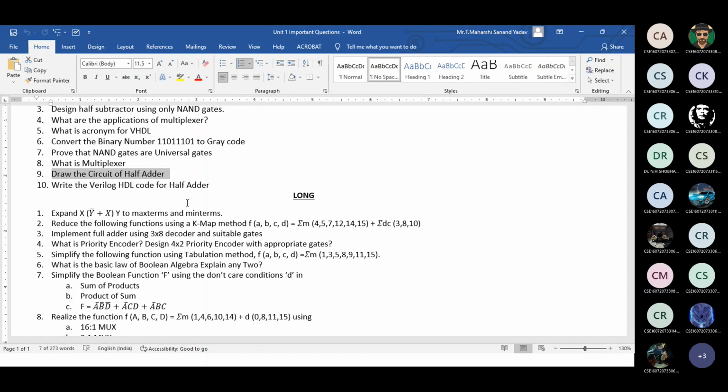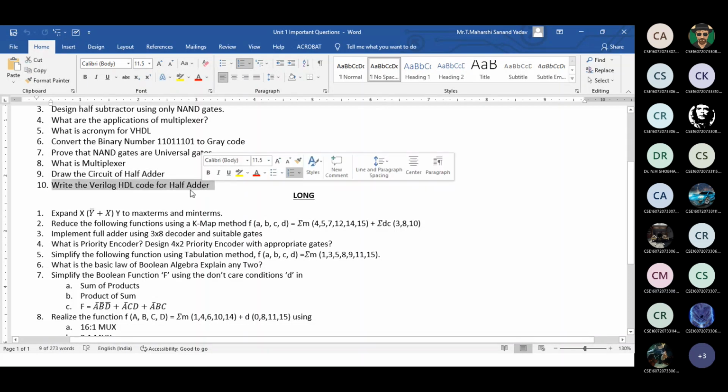What is the expression for sum? A XOR B. Expression for carry? A dot B. So again, he's asking you to write the Verilog code also for that half adder.